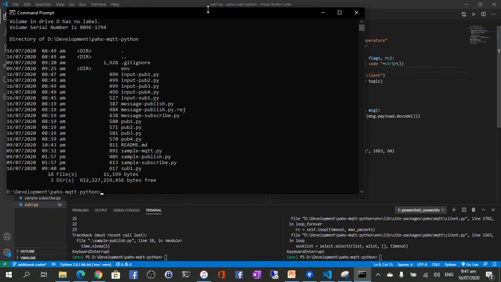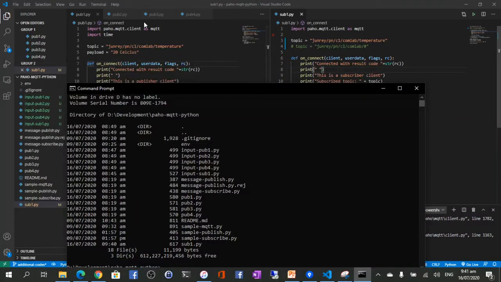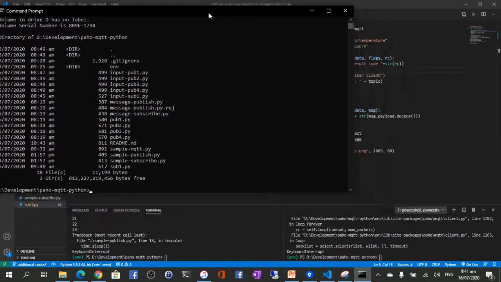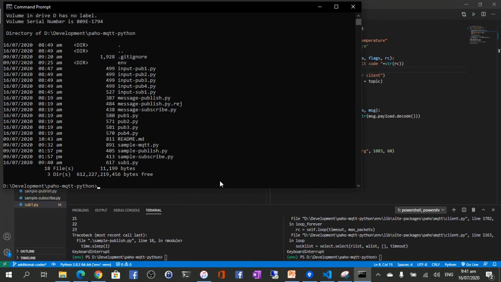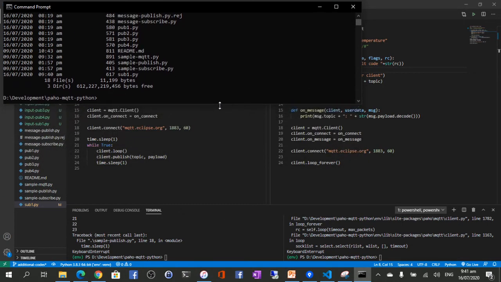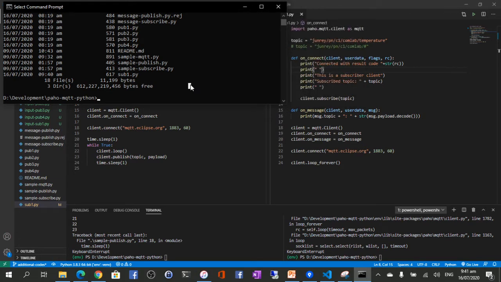Next, since there are 4 publishers and 1 subscriber, we will need to open several command prompt windows. To do so, first let's activate the environment by typing env scripts and then activate.